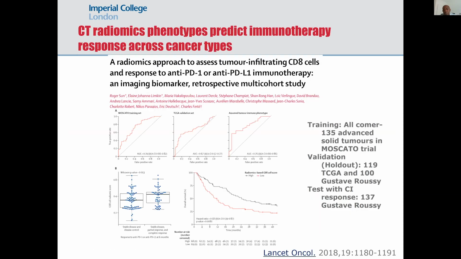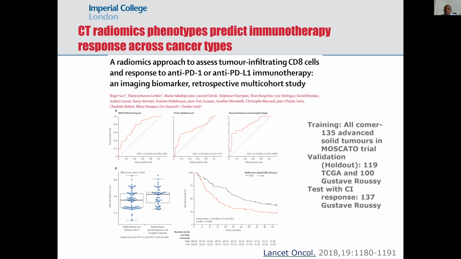Just want to highlight one of these studies where they did a training set, a validation set, and then used the imaging output to test response to checkpoint inhibitors. And as you can see in the lower right panel, there is very strong prediction of outcome. And this is the sort of study design that would be recommended for